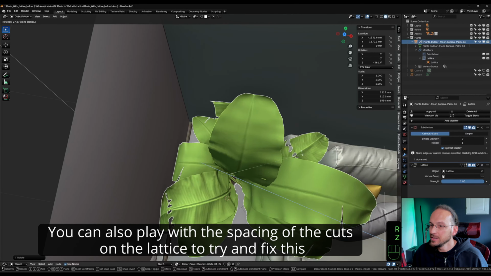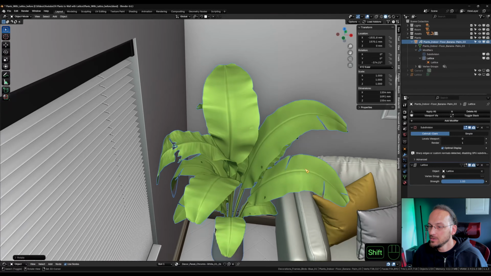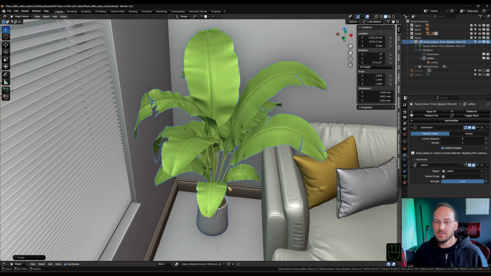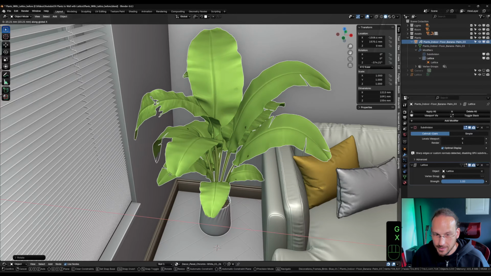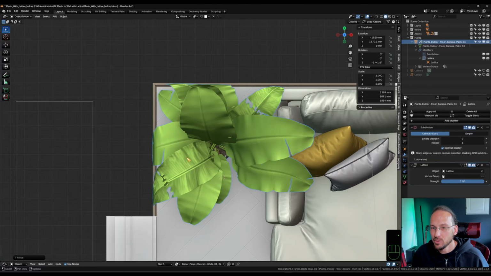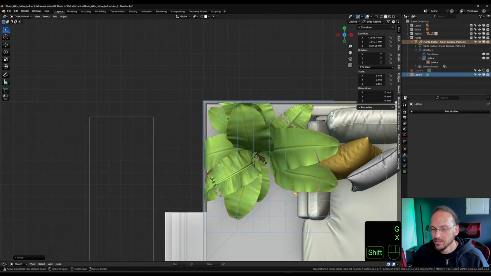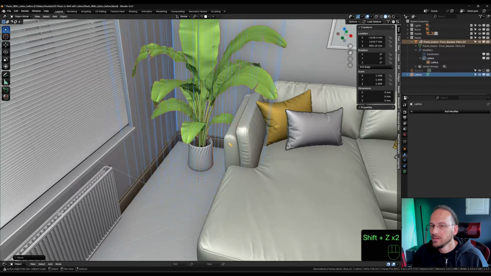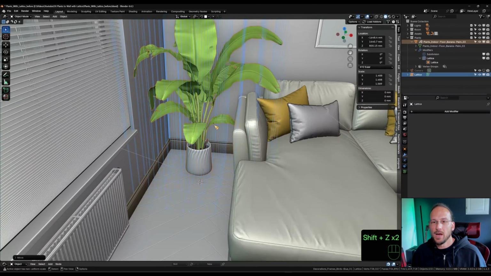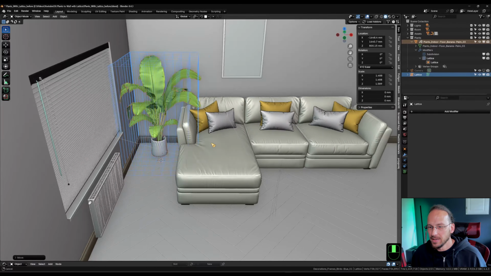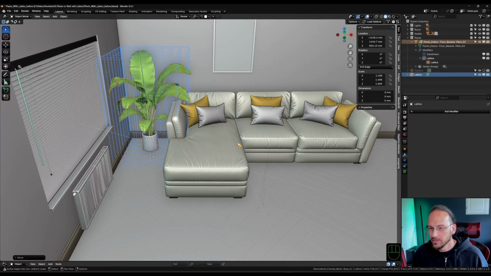But this is certainly a way to make plants fit into a corner. Now there's a little bit of clipping. So like I say, it is not 100% perfect. You always have to try and adjust a little bit. But this is still way better than anything without the lattice. And it works with any plant, or technically any object,